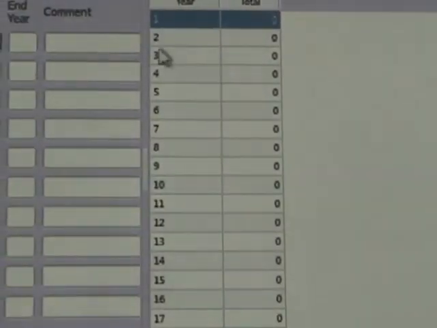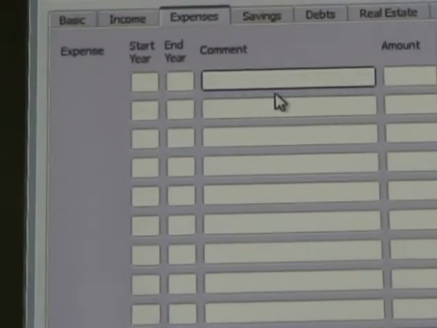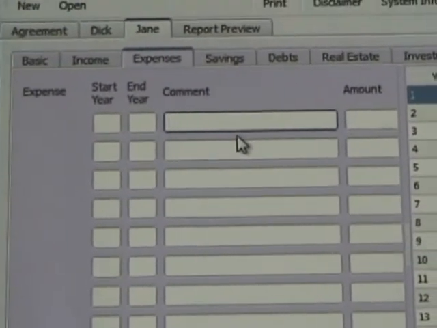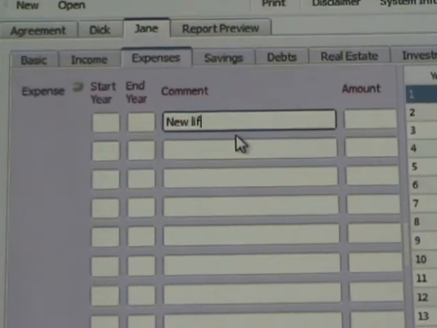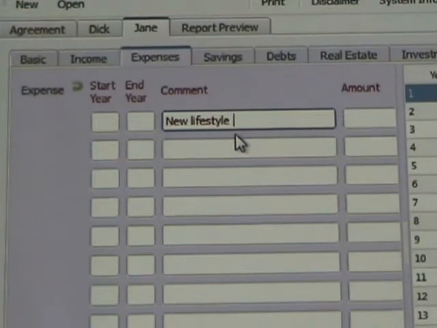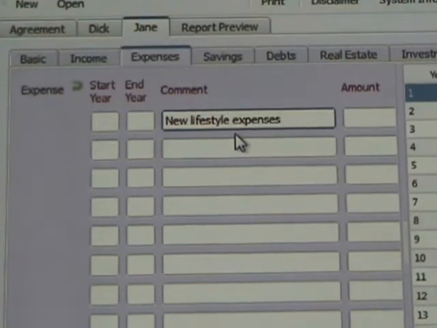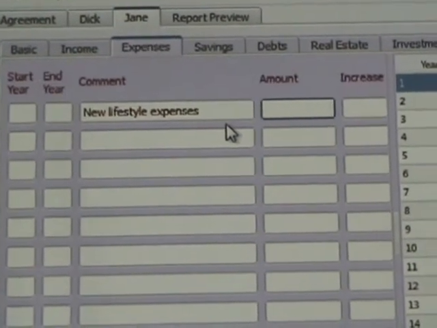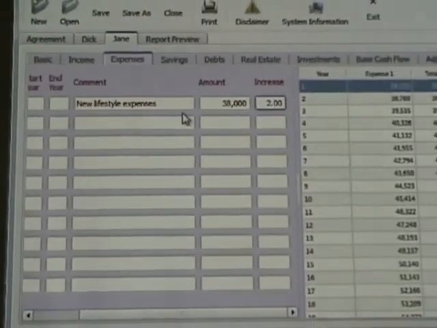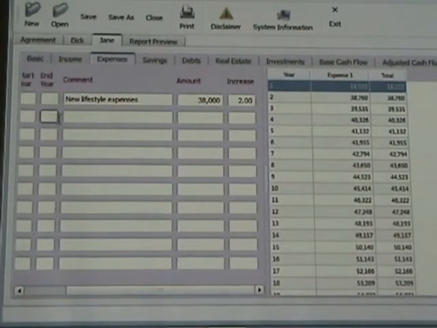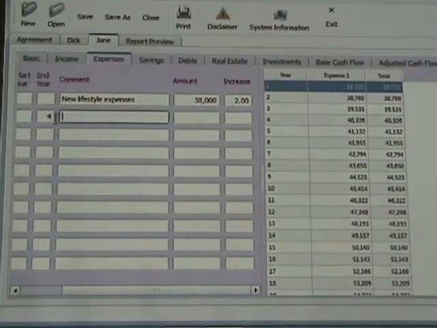So if we go to Jane's expenses, in her case, she has new lifestyle expenses or household expenses because of leaving the matrimonial home. And that's 38,000 at a 2% increase. She also is helping pay something for the boys. So